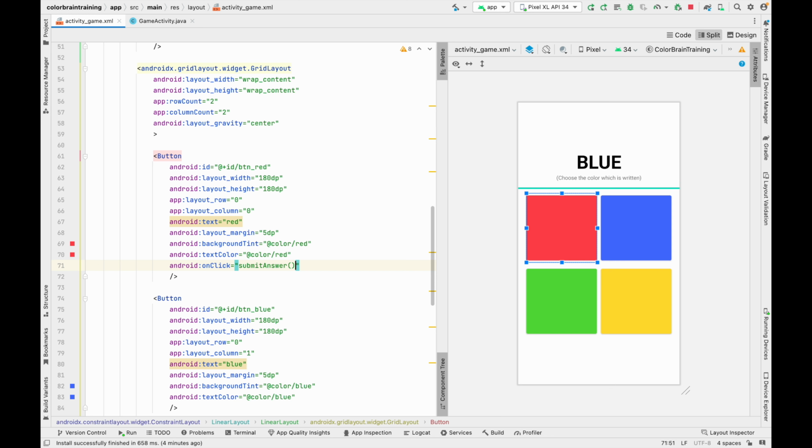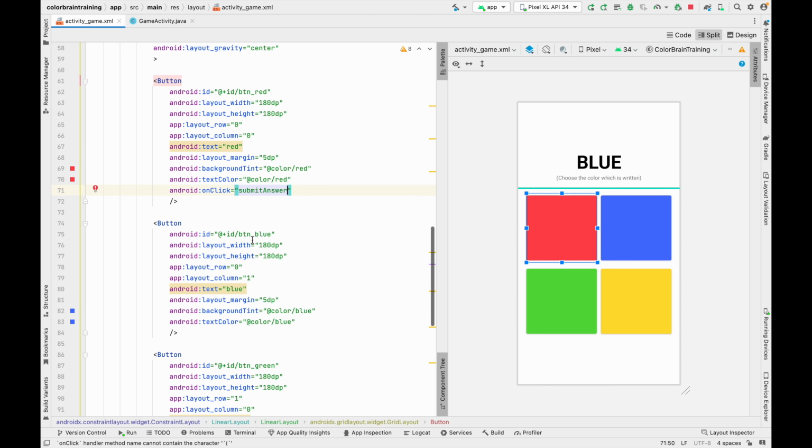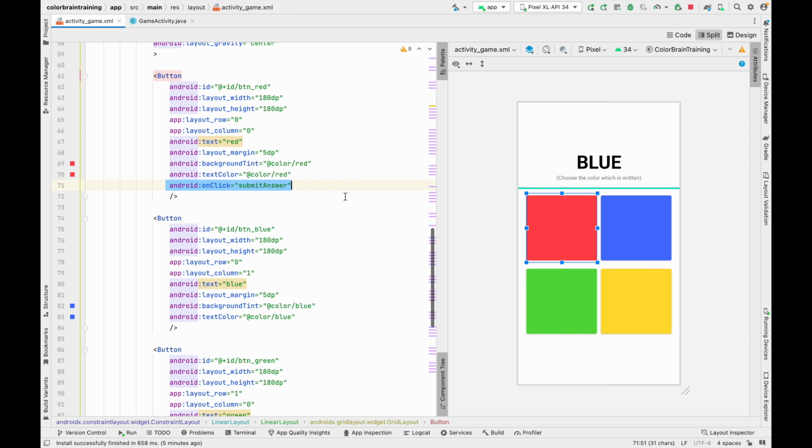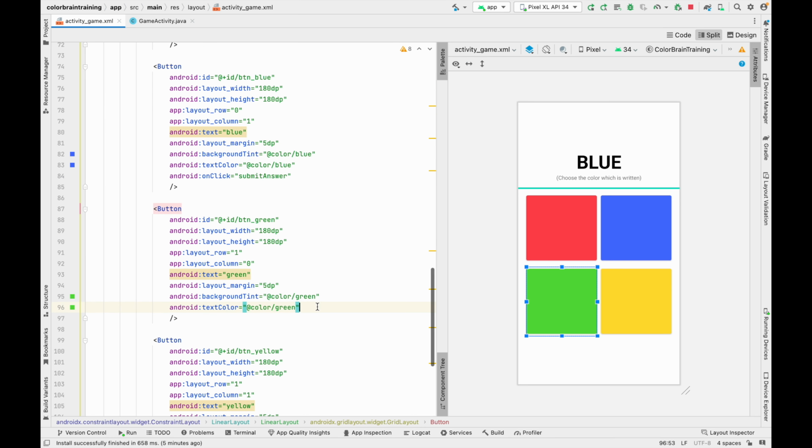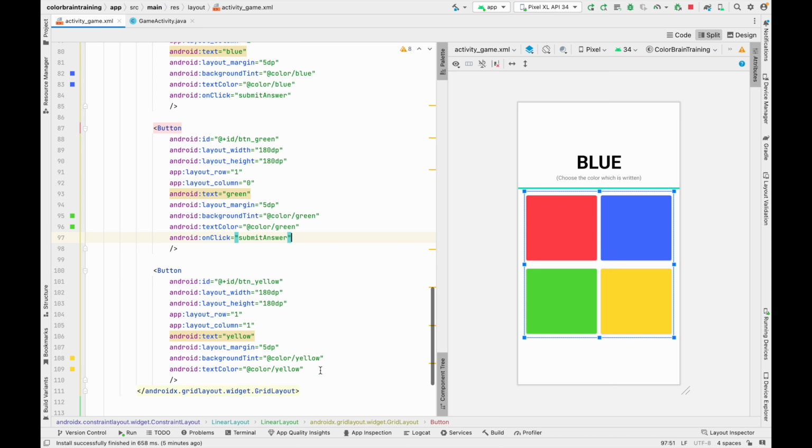Now we don't have to pass any parameters using this bracket. We have to just call the submit answer. The view parameter will bind automatically, like Android Studio itself, or Android itself, will bind automatically. Now we can just copy this and paste it for every single button, something like this. Then one thing that we can do is go back to the game activity.java